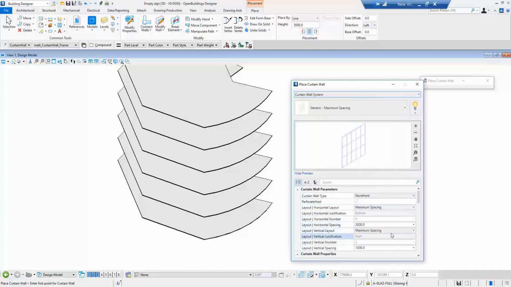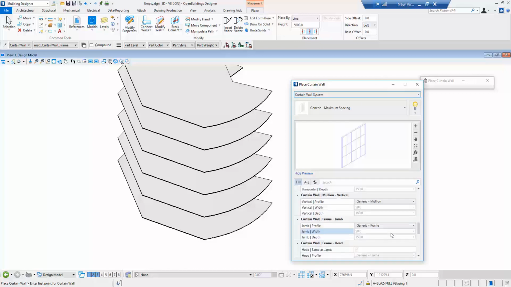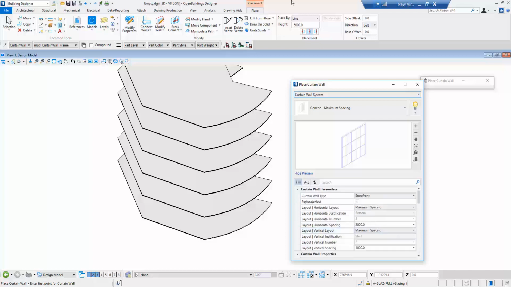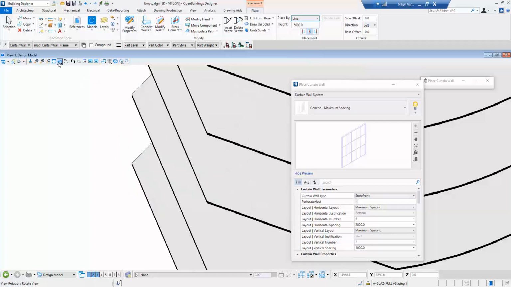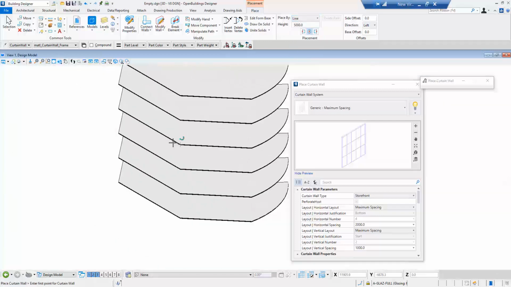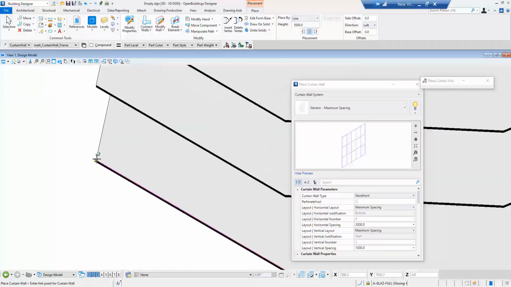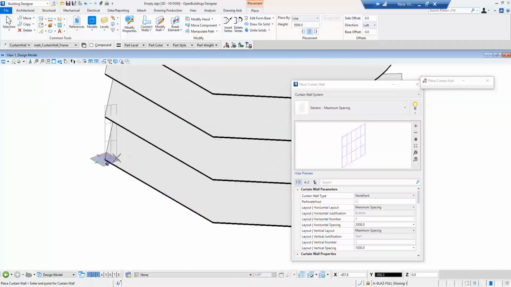and here we can set up some of the different settings. Okay, and you can choose different settings here, and you had different place by methods. So one might be a line, it might be an arc, it might be a curve, it might be an element. Now we've got the addition from shape, but before we do that, let's have a quick recap of what the line option did. So if I was going to place the curtain wall on the edge of this slab here, you can place a line there